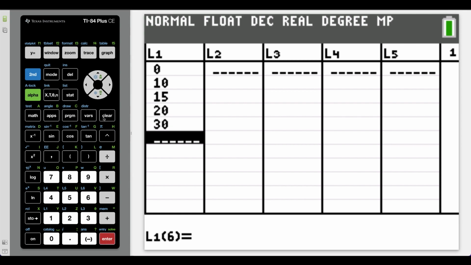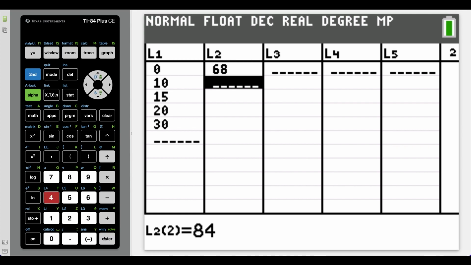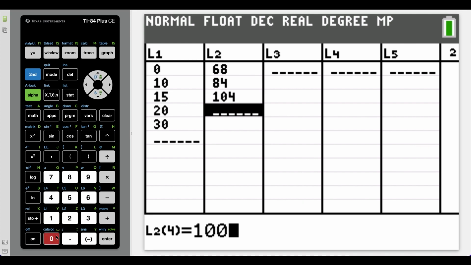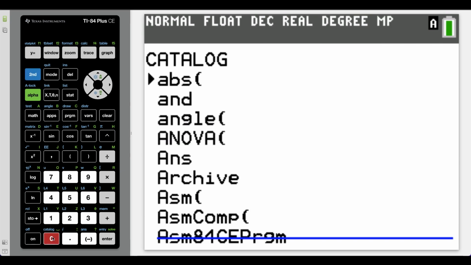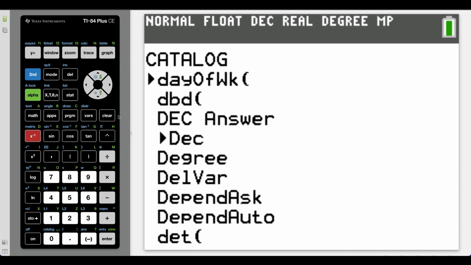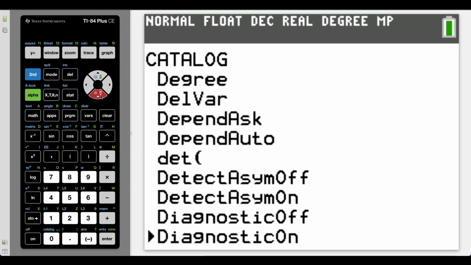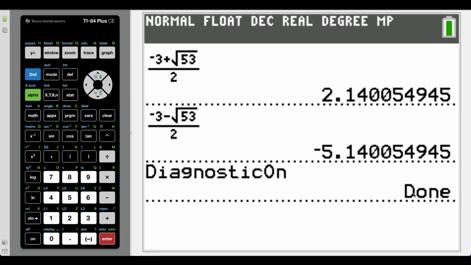So now we're just going to write the next column immediately next to it. And we had 68, so 68 here, and then we had 84, and then it was 104, we had 100, and then the last entry here was 120. Now, for this part here, I want to say hit second 0. And what you want to do is you want to scroll down to D, but to save time, you could press Alpha X. So let's just press that twice, and that'll help you scroll a little bit faster. You're going to scroll to diagnostic on and make sure that this is turned on, because that way what we